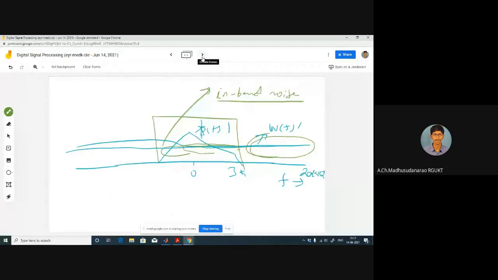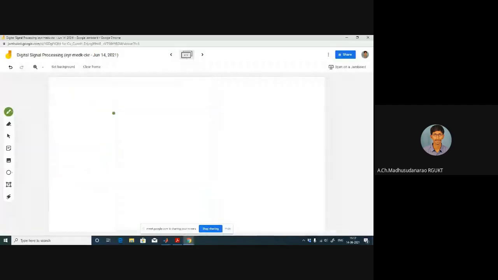Whatever we had done, we did everything in the digital domain only, with the help of digital filters. I have not used any analog filters in this, right? I just used some processor with some memory. I have written some code for that and I filtered that. That's the benefit of digital systems. I tried to remove the out of band noise in my signal. Just one example.